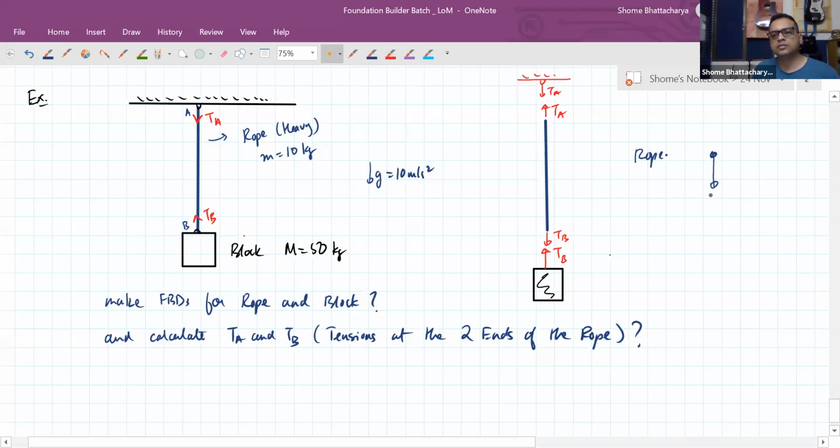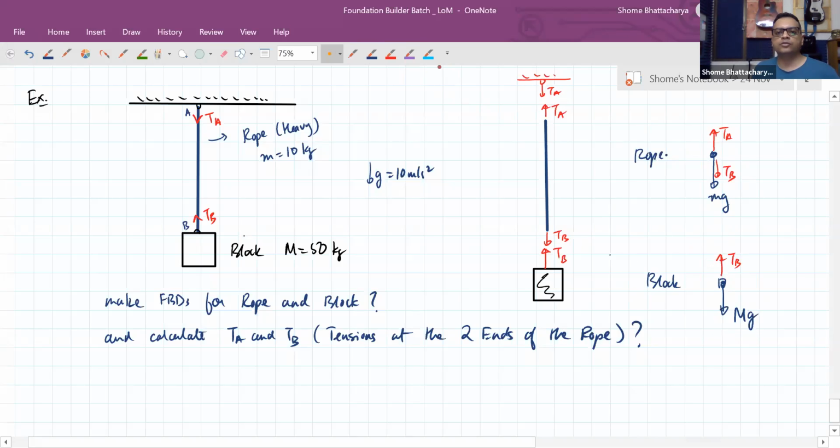Its own weight, okay, the tension at the upper point like this. Okay. And when we think about the free body diagram of the block, on that there are two forces acting. Its own weight, which is capital Mg, this is small mg, okay, and the force, the tension which the rope